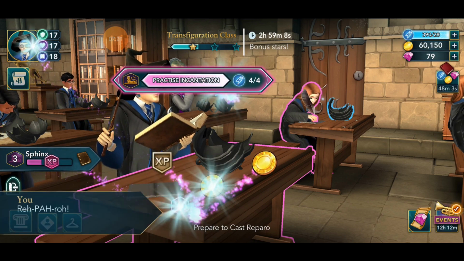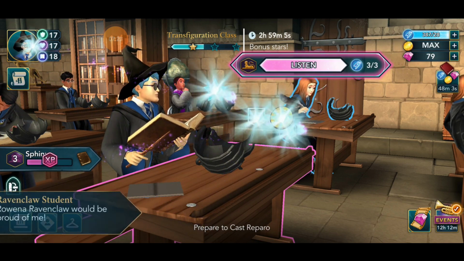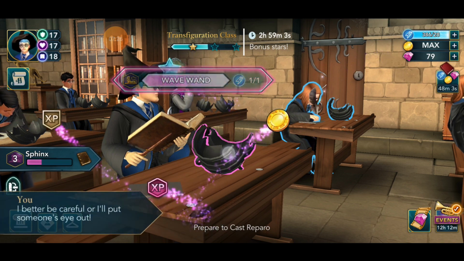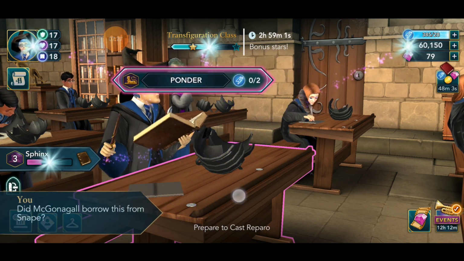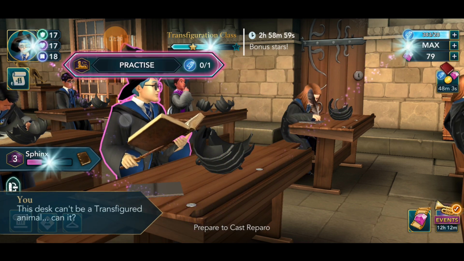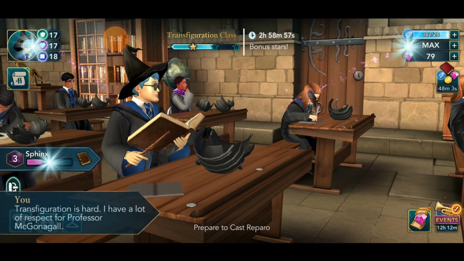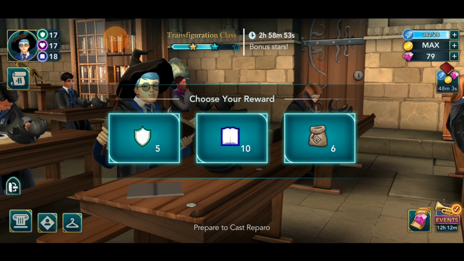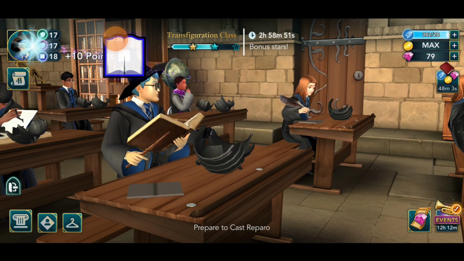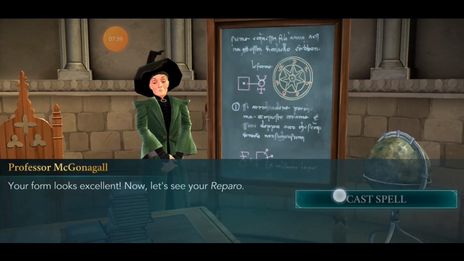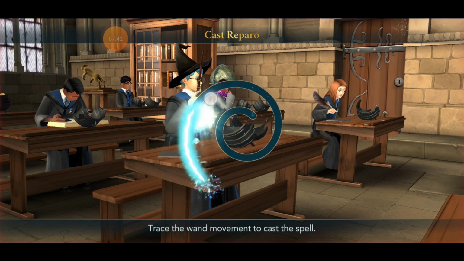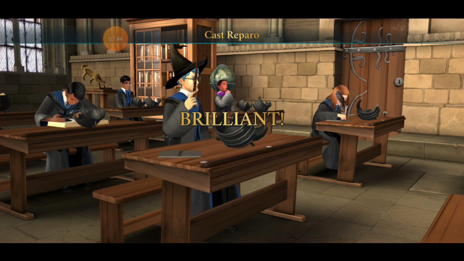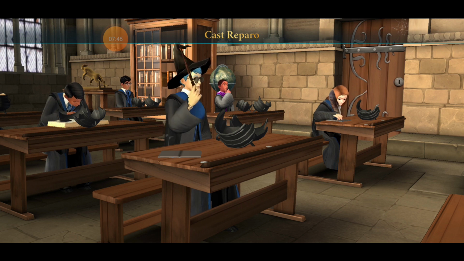Practice incantation. Listen for the Sphinx. Hold on for the Sphinx. Wonder for the Sphinx. Ponder for the Sphinx and practice for the Sphinx. Cast spell. Whee! Brilliant.